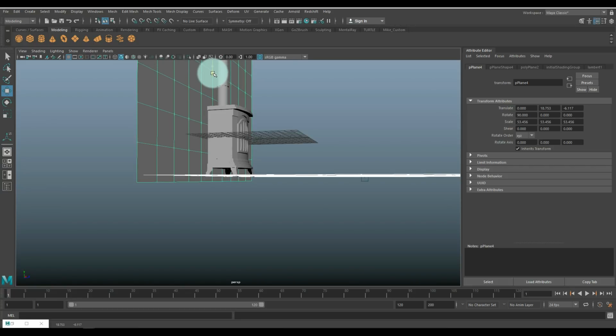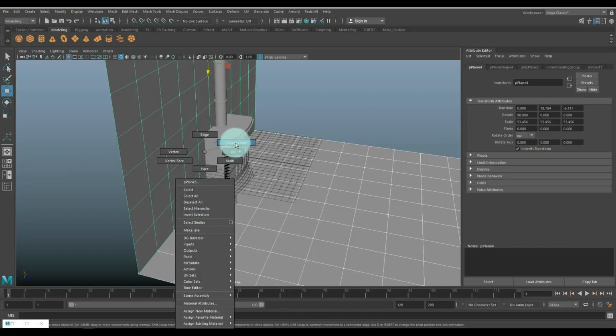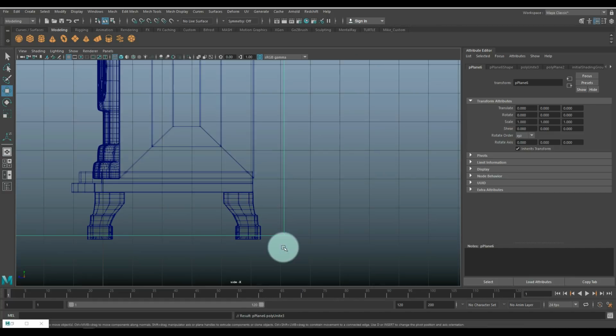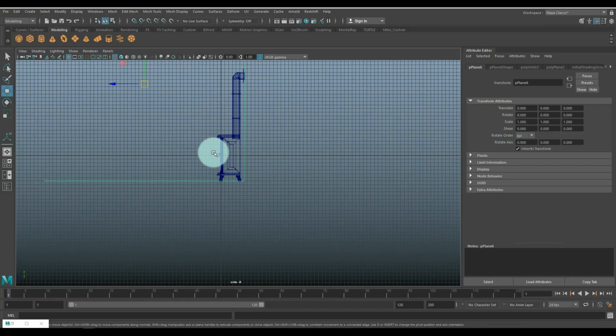Come on, not just him, I want them both. 1 and 2, mesh and combine. Let's go in here, W to move it,